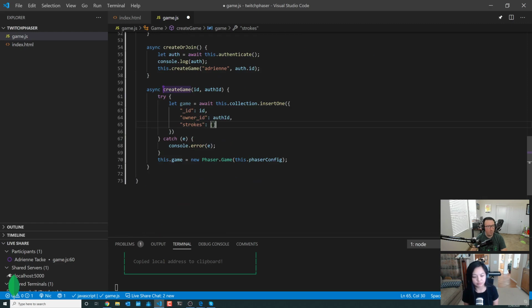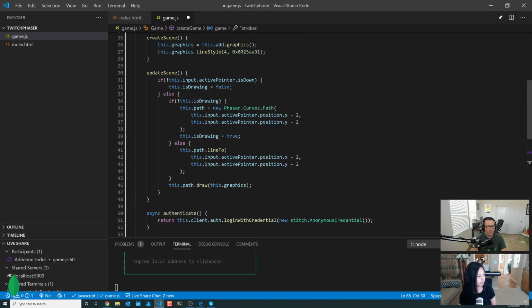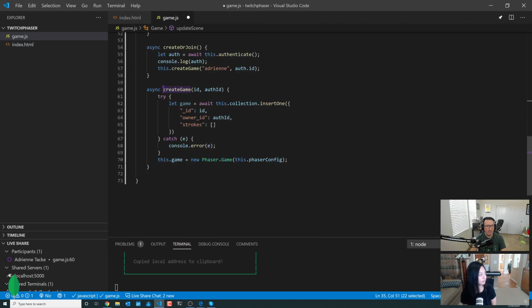Yeah, and I don't remember if we printed it out in the last stream, but when we print out path, we can actually convert it to JSON. Basically what we plan to do is store the JSON of that path as a stroke object in this array within our document. And that should work out good. Let's go ahead and move that into our catch statement here.